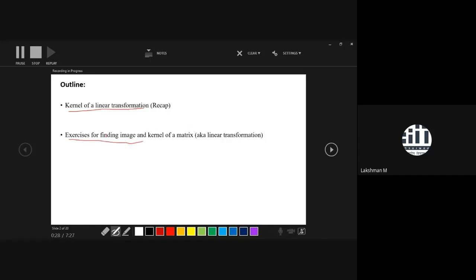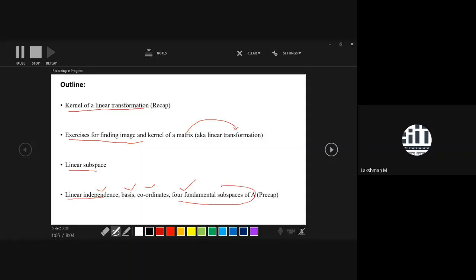All these problems are related to finding the image and kernel of a matrix. I told you that every matrix defines a linear transformation. So you can say that you are finding the image and kernel of a matrix or a linear transformation, and vice versa. Then I will discuss linear subspace in detail, and I will give a little bit of a precap. Next Monday we will discuss linear independence, basis, coordinates, and the 4 fundamental subspaces.